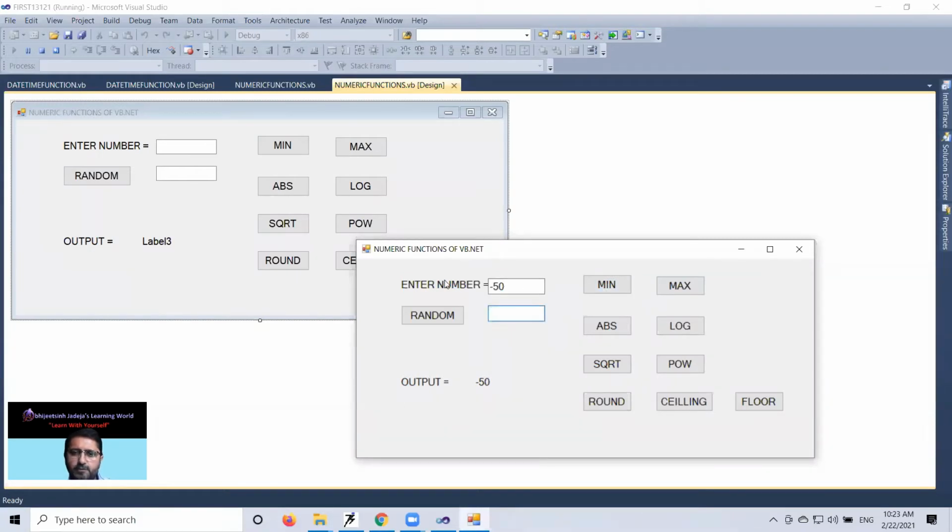Now we would like to demonstrate the absolute function. What do you mean by absolute function? It converts your negative value into a positive value. So when I click on it, my input is minus 50, but the function of the absolute numerical function is that it always converts any negative value into a positive. If I use 52 and absolute, there is no change. But if I provide minus 125 and click absolute, then it will show me 125 in my label